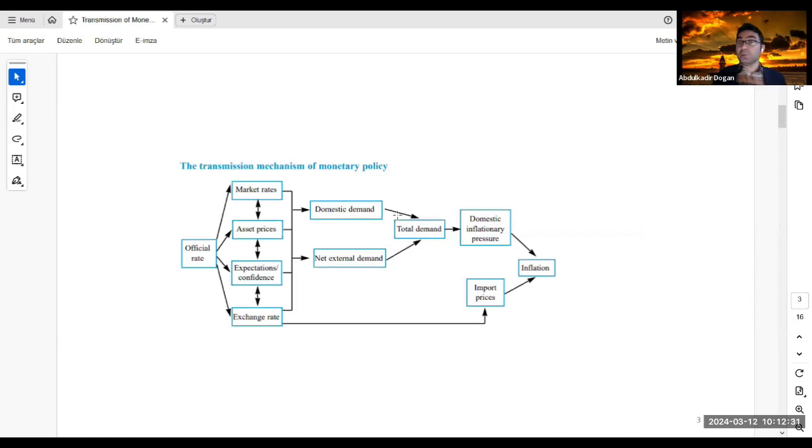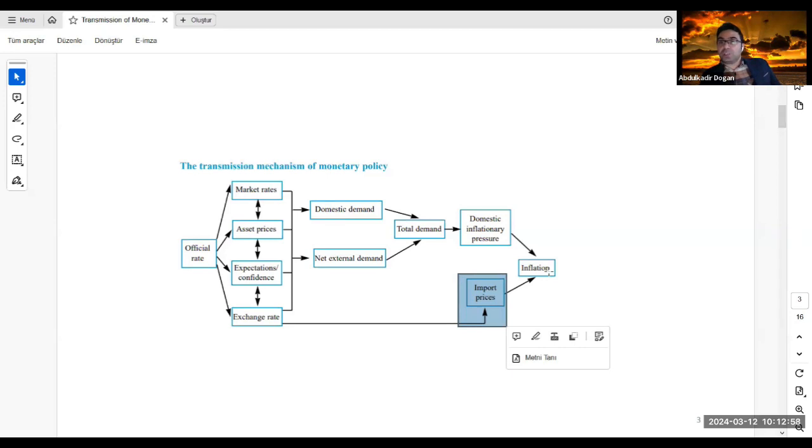Then, from the total demand, we have the domestic inflation pressure. And from the exchange rate effect, we have the external inflation pressure. And from exchange rate to inflation, we call it the exchange rate pass-through effect. What does this mean? This means that, let's say,